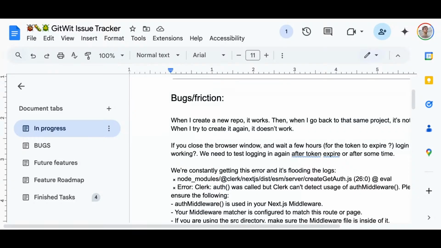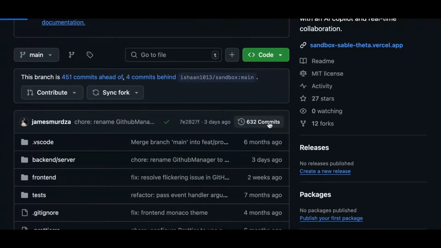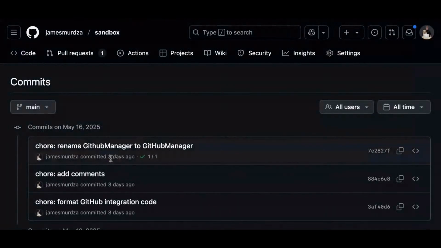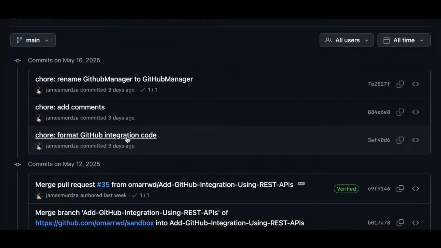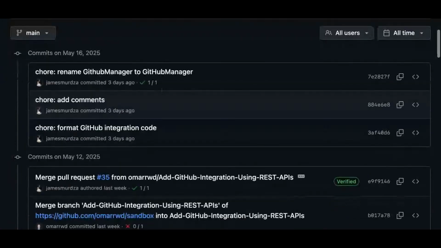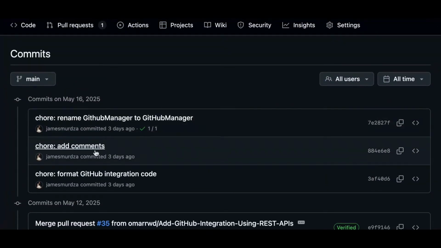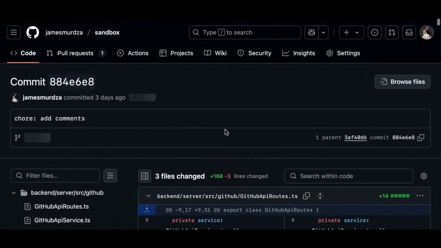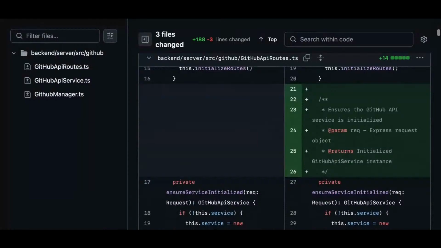The code itself, I've just been going through that the past few days. There are a few different files here in the GitHub integration. There are three different files: one for the API routes, there's a GitHub manager, and then there's one other. There were very few comments here. Fortunately, those are easy to add in